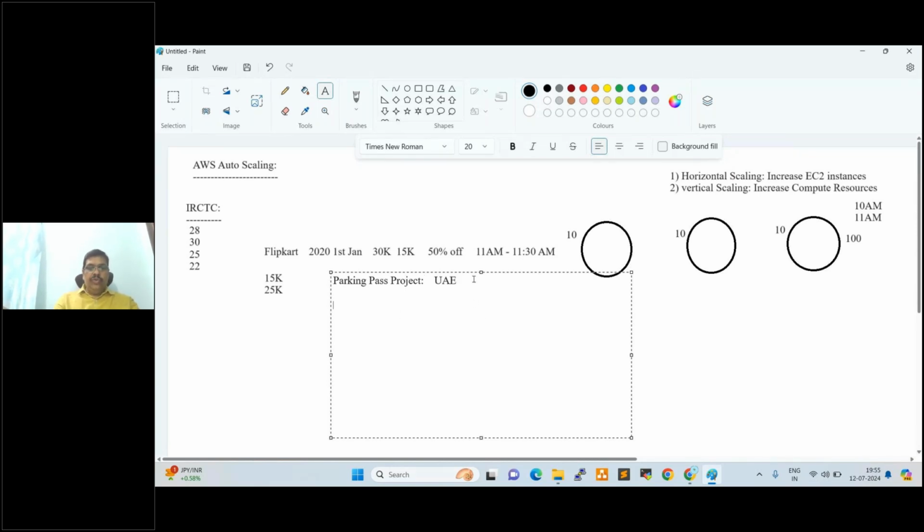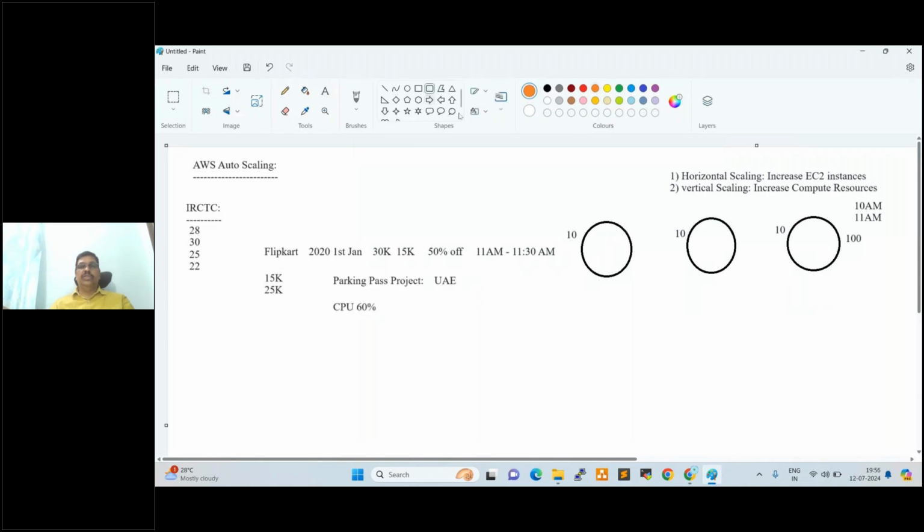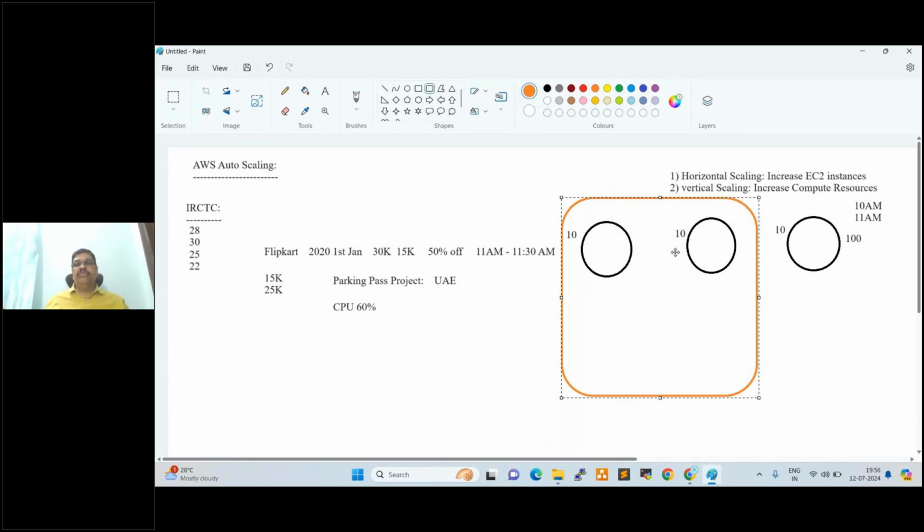So whenever CPU utilization reaches 60%, in this UAE parking pass project, we configured the servers. For example, these are the base servers. Everyone try to understand this concept, which is a very, very important concept. Base servers are fixed servers. This will not be varied, right? These servers will be fixed. In these servers we deployed auto scaling